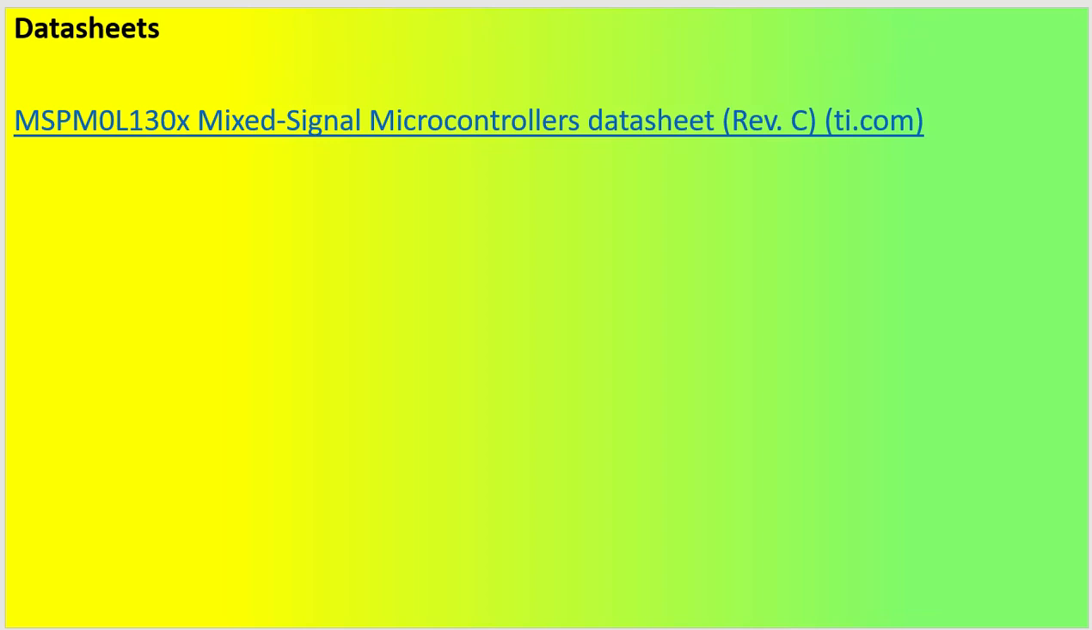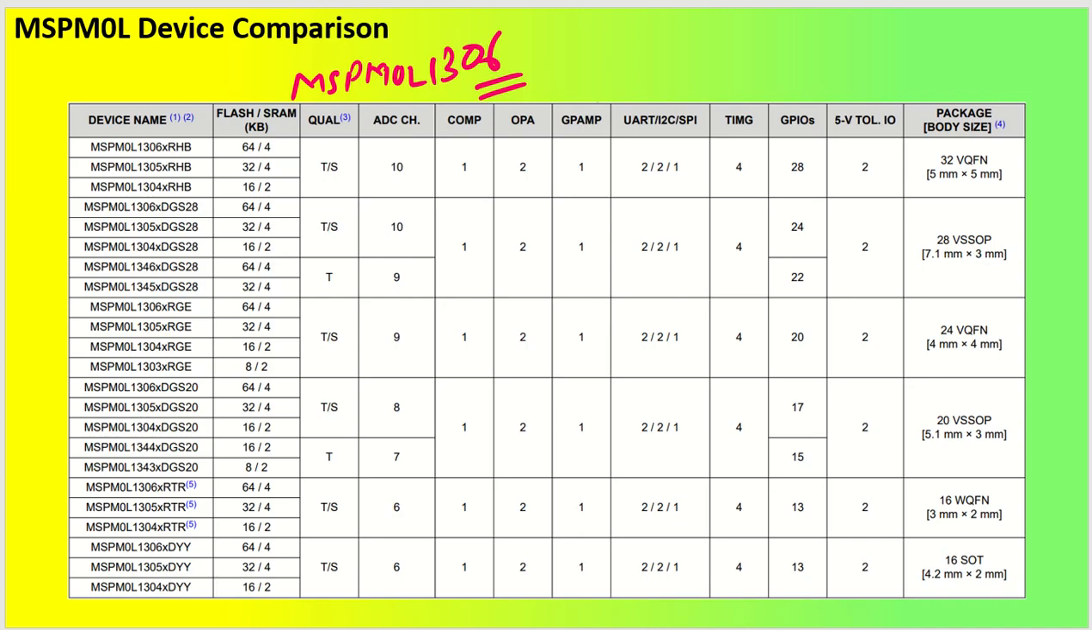Now, as we have seen, the datasheet link is already shown to you. So the datasheet link will look like this. Anyway, as I was talking about,